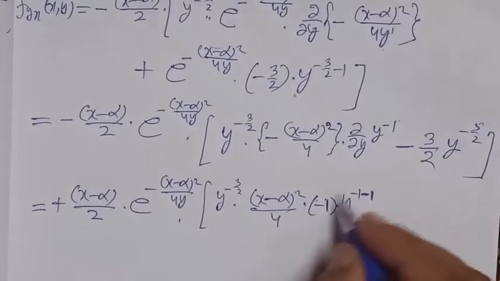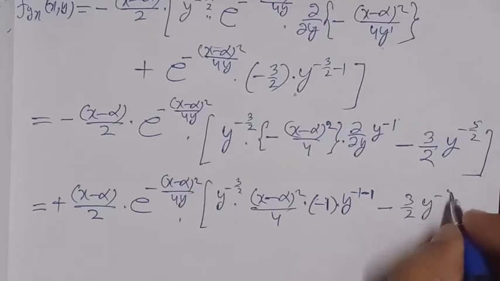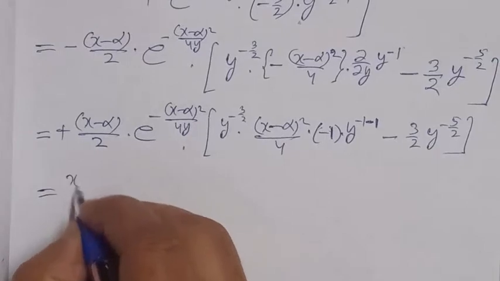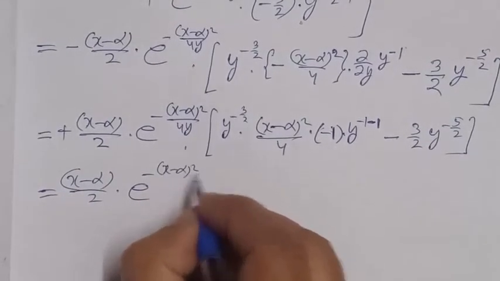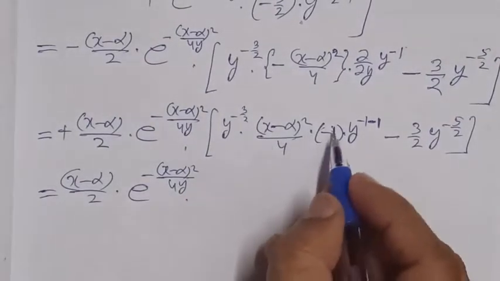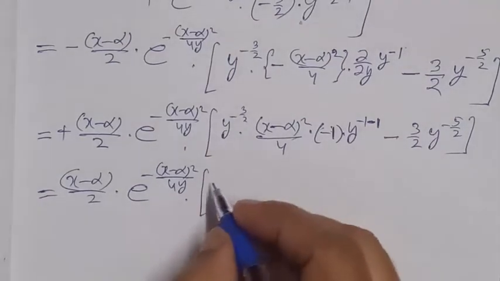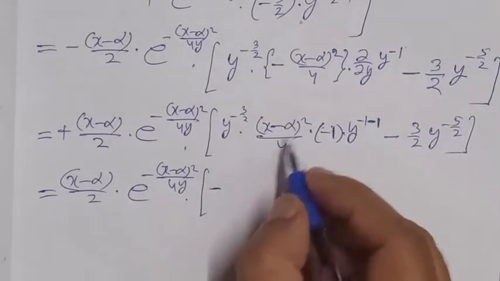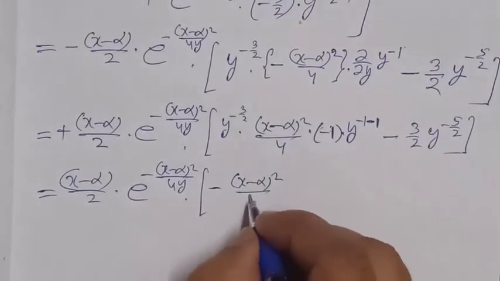According to the formula, I get this value minus 3 by 2 y to the power minus 5 by 2, equal to x minus alpha upon 2 e to the power minus x minus alpha whole square upon 4y, and this sign we convert into negative, so I write here minus and write this value x minus alpha whole square upon 4 and